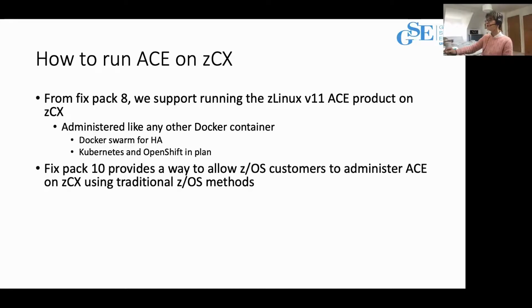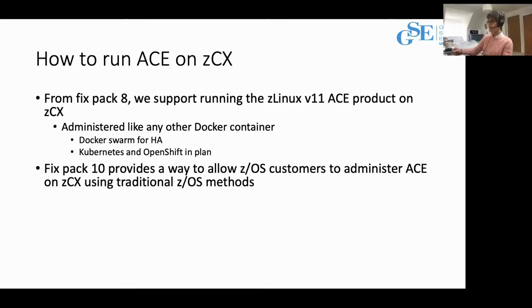But what about traditional people who already run IIB on z/OS and their automation set up, or maybe their senior sysprog, are set up to want to use JCL and to expect messages to appear in the z/OS console, or the standard ways of doing things on z/OS. If they migrate to ACE on zCX, that's going to mean they have to rewrite all their automation and